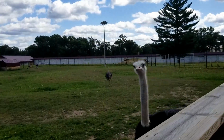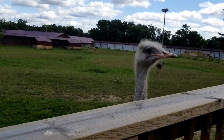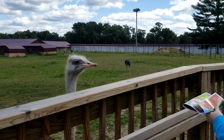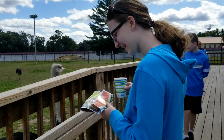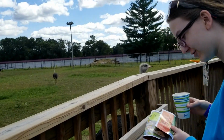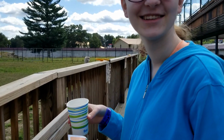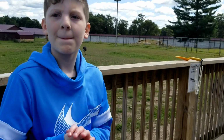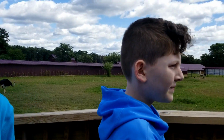He's right there. Does the ostrich eat the carrots? Let's look. Look at the list. Jeez, careful. They'll take that right out of your hand. Yeah. Hold it back. Carrots. How many do we have? The emu eats the carrots, but the Ostrich doesn't? The train ride eats the carrots. I think it means any of the animals you stop at on the train ride will eat them. So I would not do it yet because